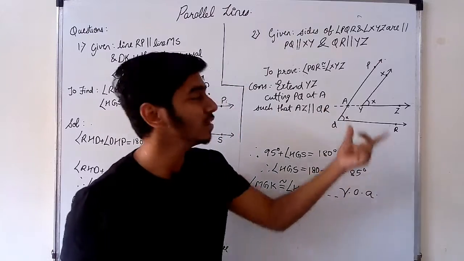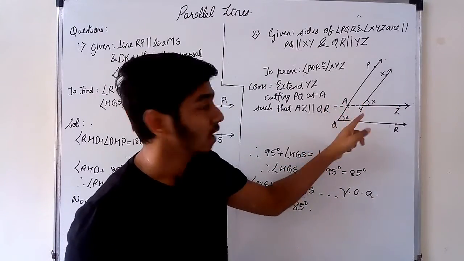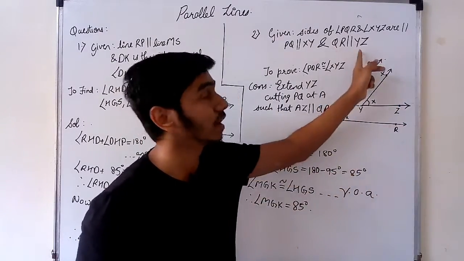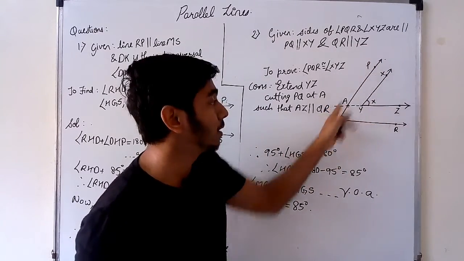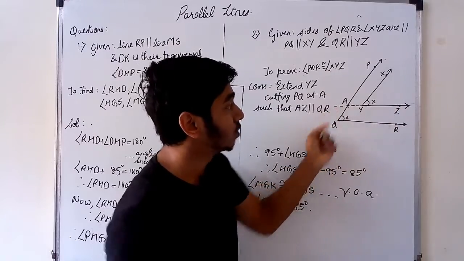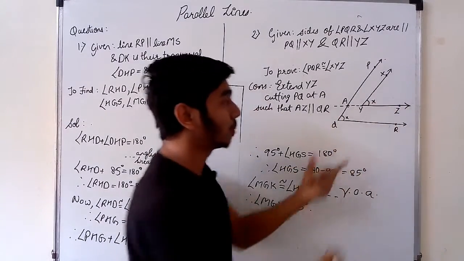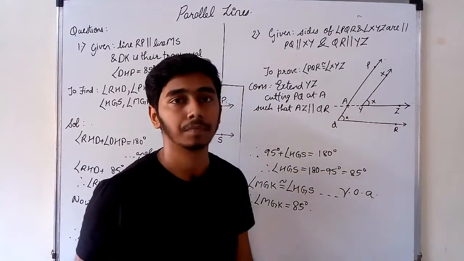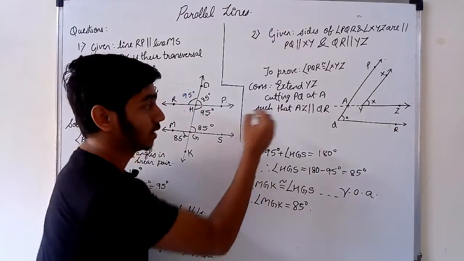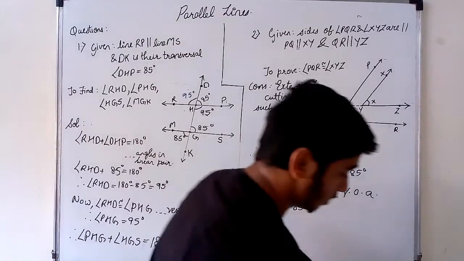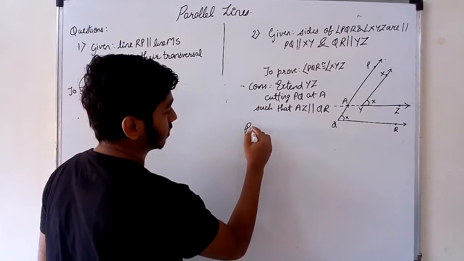So what we did, we just extended YZ. YZ is parallel to QR is already given to us. We just drew point A on PQ such that AZ, so the extended line is also parallel to QR. That's what we said in the construction. Okay, so let's see the proof now. I'll erase this first. The proof says,